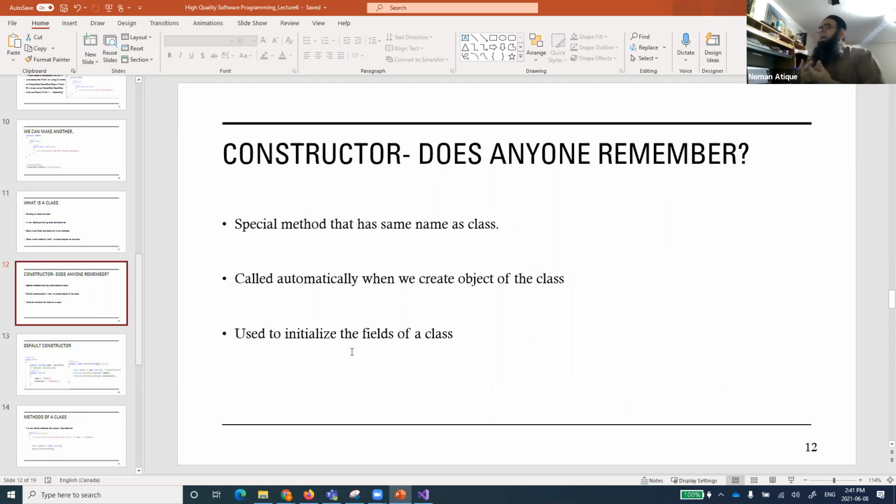There are certain properties that you will ask me about. What questions can you ask me? You will say, sir, which company, which model is it? Which model it is is something that does not come into your mind implicitly. Make sense to everyone? You might ask, sir, what is the color of the car? Because color is not something that I've told you. I've told you I've purchased a new car, be it black or any color. Are you people getting this example? Because I want to tell you about the constructor, because constructor is a very interesting thing.